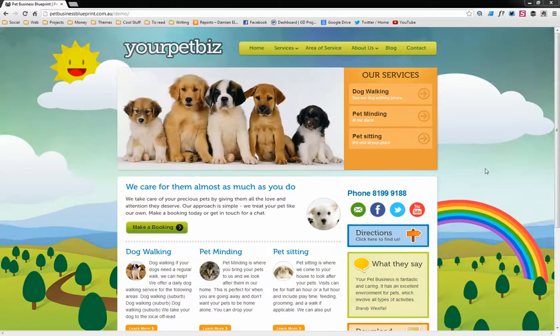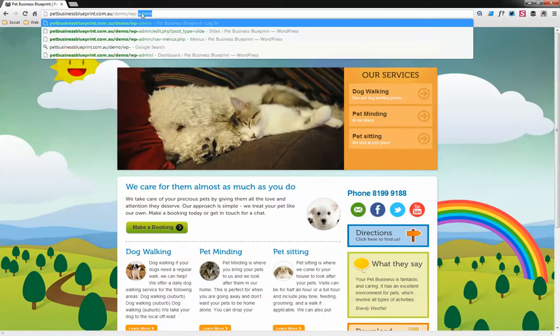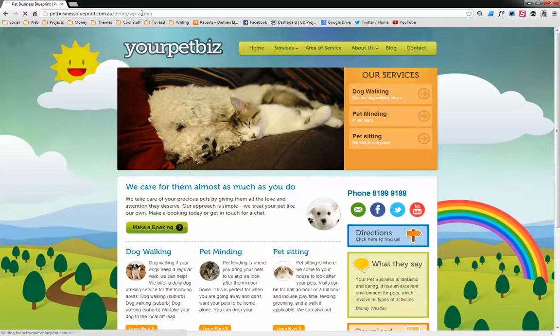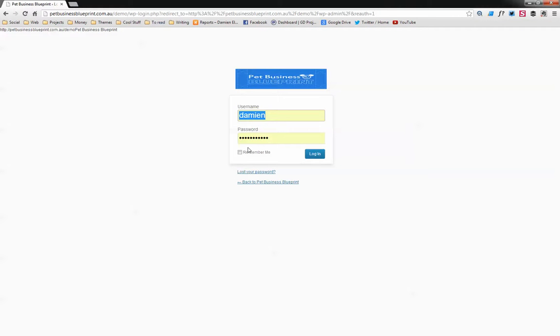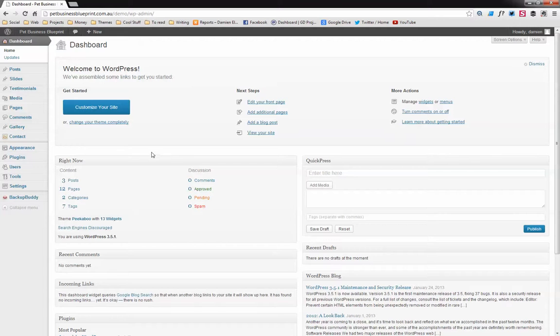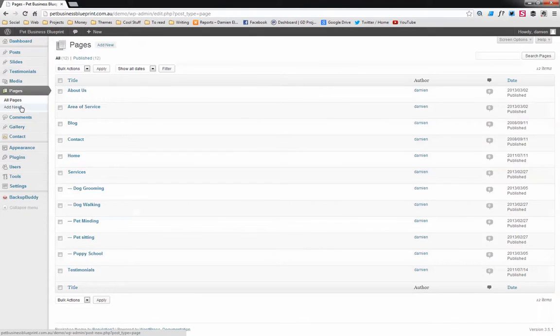So what we want to do is first log into the back end of our site. So we go to our site address in the browser, and at the end we type wp-admin, press enter. This takes us to the login page. We log in here. And from here, along the left hand side, we choose pages, and we find the page that we want to edit. So for example, let's change our About Us page,